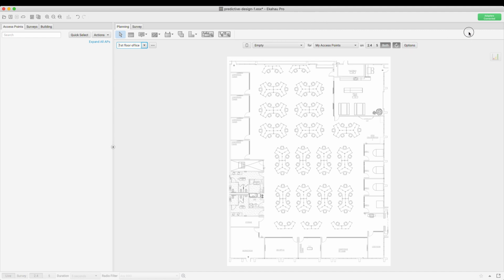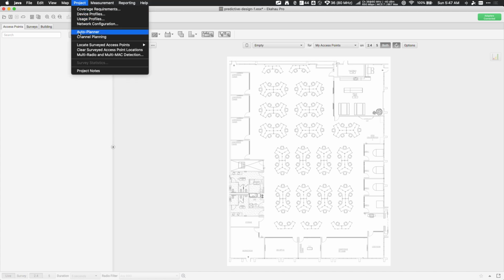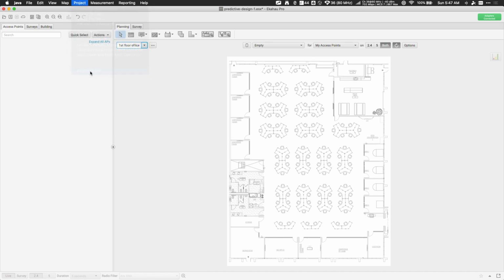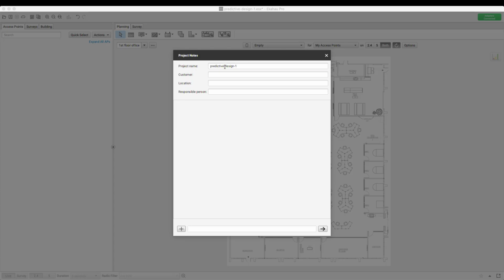Something I like to do as well is, in the project notes, add a couple of pieces of information about the project. So in Ekahau, you have the project menu, and under the project menu, you have this project notes section. And in here, you have a couple of fields that you can use to give some background information about the project. So you can give it a name, a customer, location, responsible person, and you can add a few notes as well. So here I will just